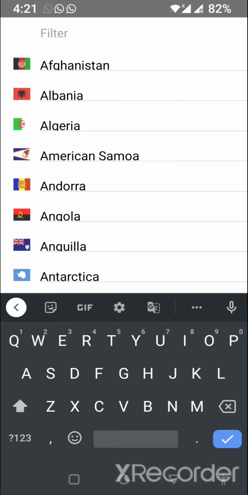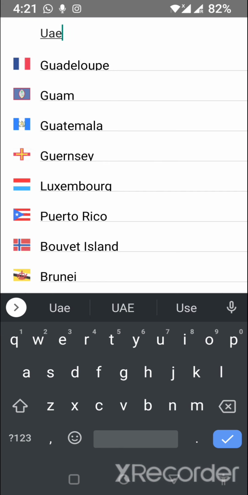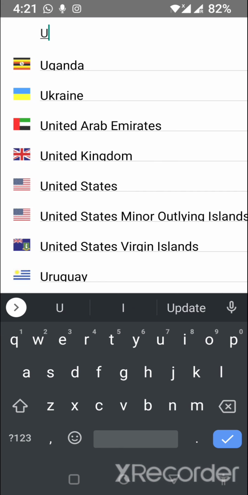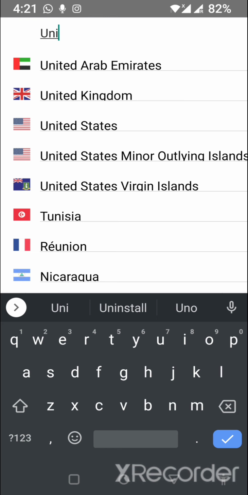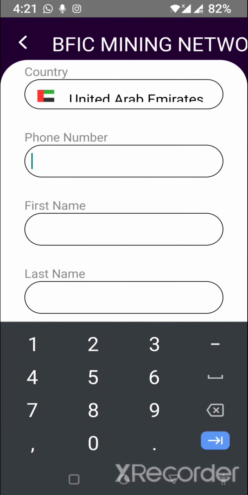So let's suppose that I am currently in UAE. So we can select the country UAE. The country code I can enter is maybe